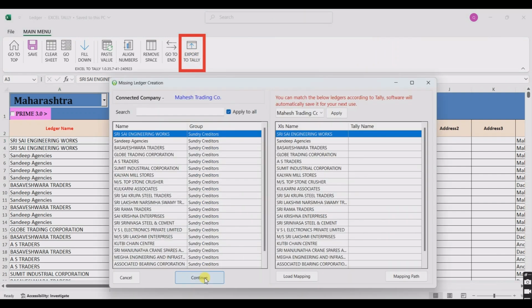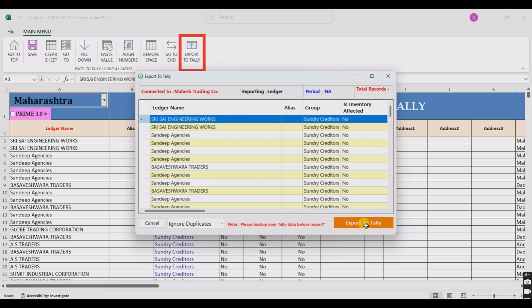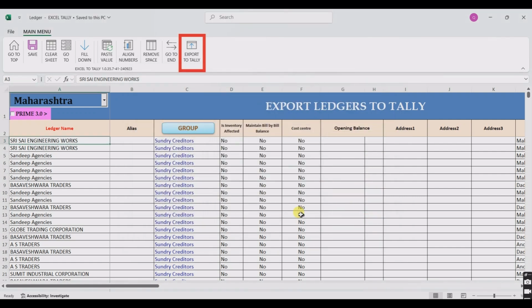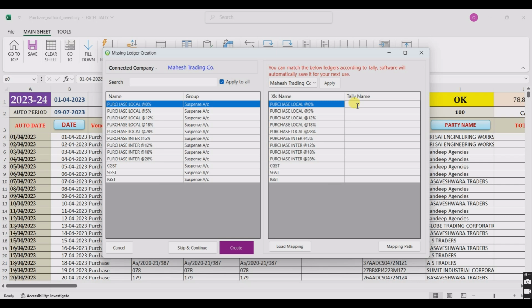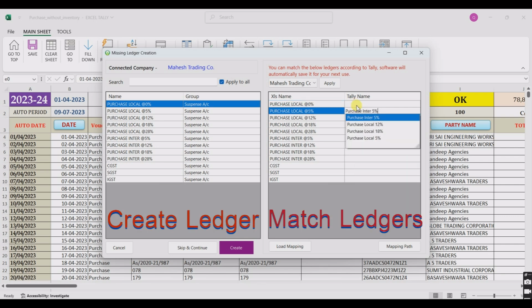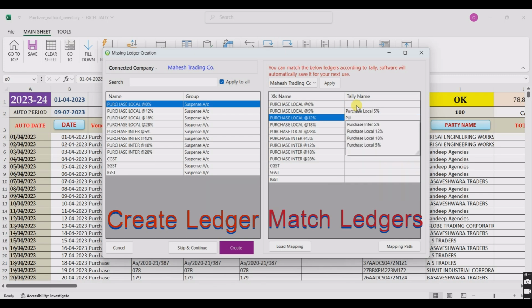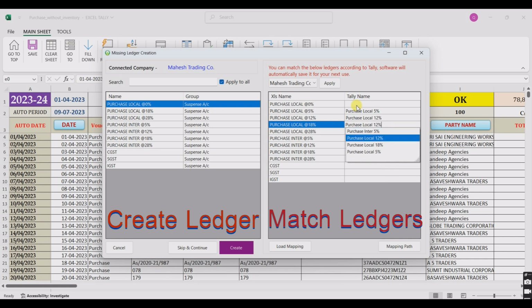Click Export to Tally. Once the ledgers are created, close the sheet and click Export to Tally to import the entries. After clicking Export to Tally, the Missing Ledgers tool will open. From here, you can match purchase ledgers with their Tally names or create new ones.